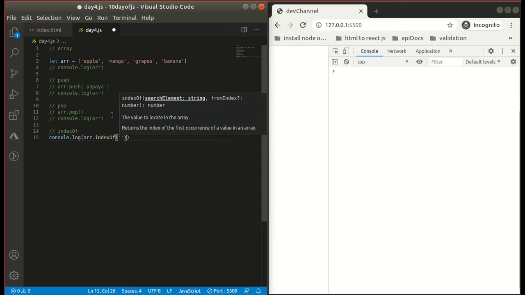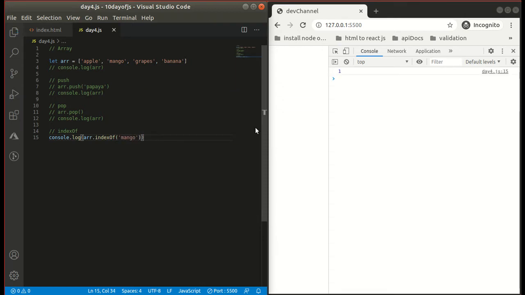Now we tried to find the index of papaya and we got -1 because it was not present in our array.